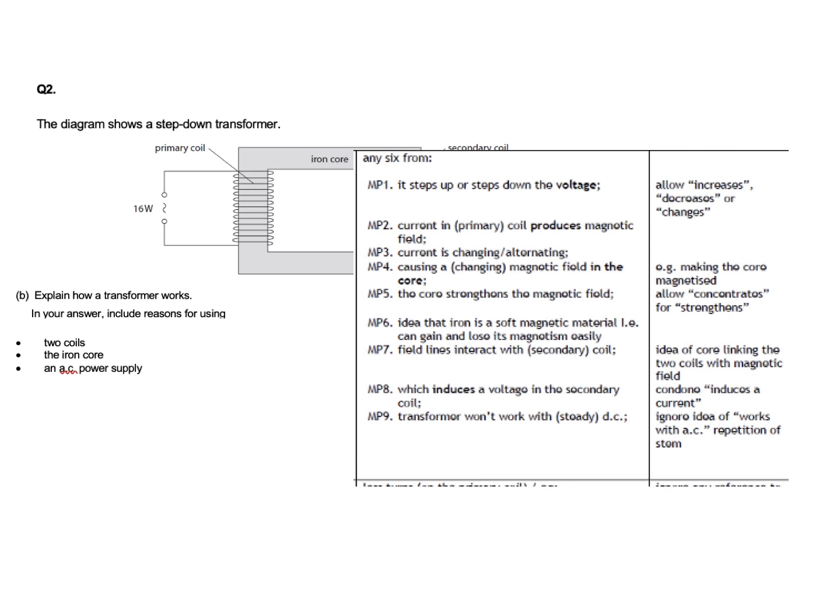Current in the primary coil produces a magnetic field. The current is changing or alternating, causing a changing magnetic field in the core. The core strengthens the magnetic field. Idea that the iron is a soft magnetic material, i.e. it can gain and lose its magnetism easily. Field lines interact with the secondary coil, which induces a voltage in the secondary coil, and transformers won't work with steady DC. What we notice is lots of these mark points relate exactly to the 3 points we were given